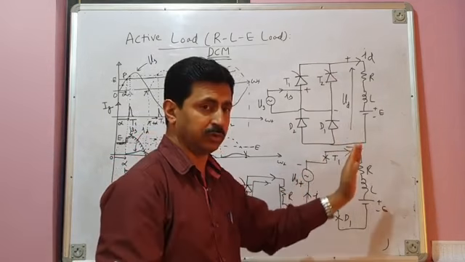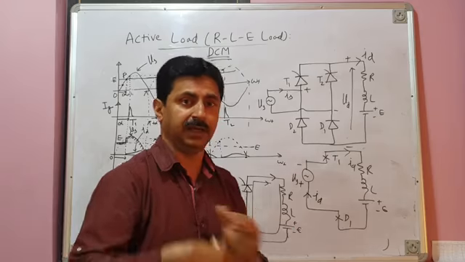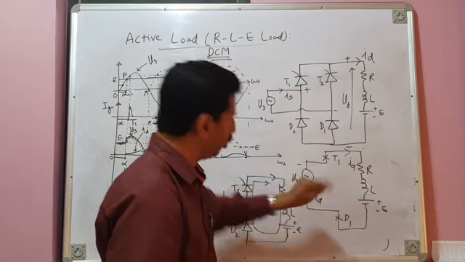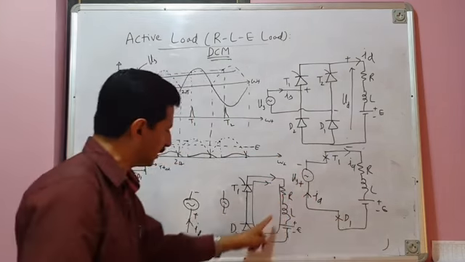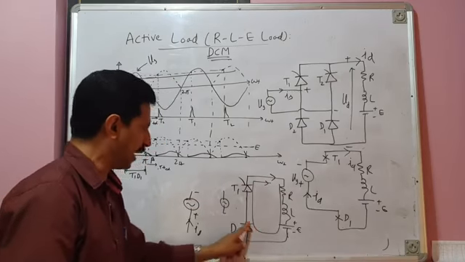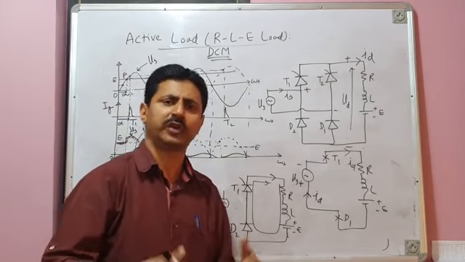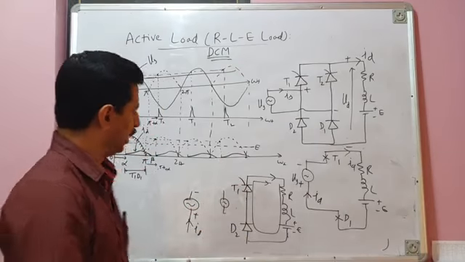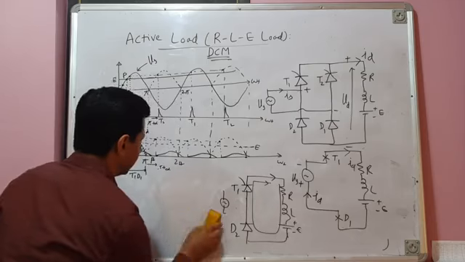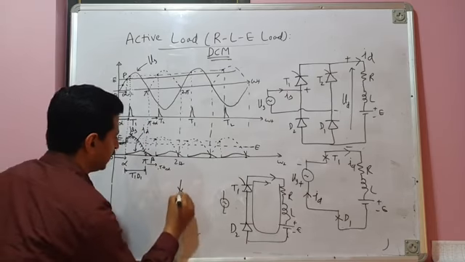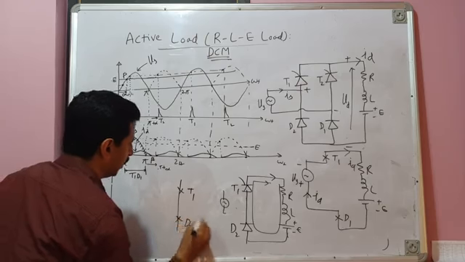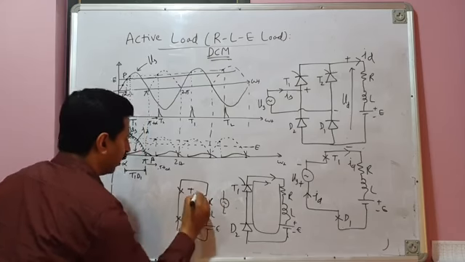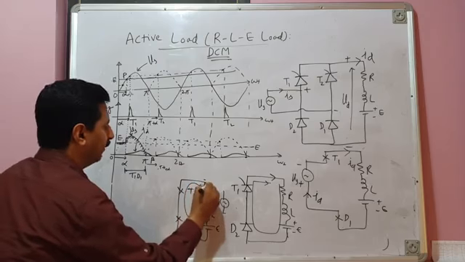But current can still flow. In this case, though, it will find a very high resistance because the source has reversed its polarity and opposes the flow of current. What is the other path? Through this branch, current is offered no resistance. Assuming these devices to be ideal, their resistance is 0. So you can show this branch like this: T1 is on, D2 is on, they act as a short, and this is your RLE load, and load current ID will freewheel.